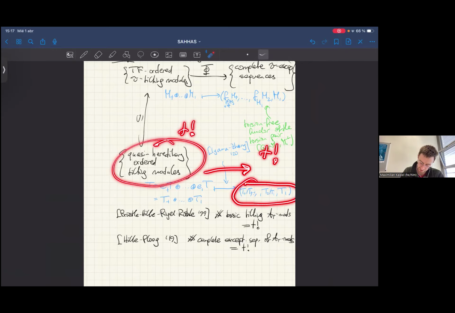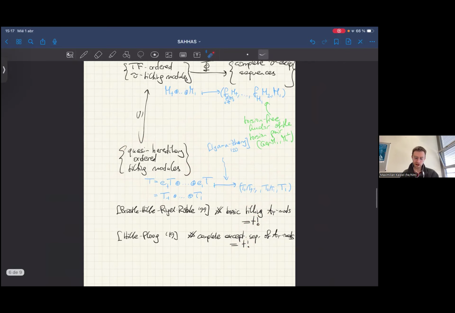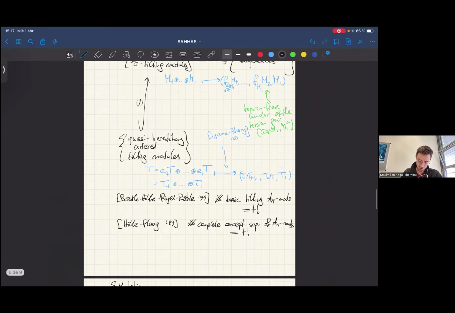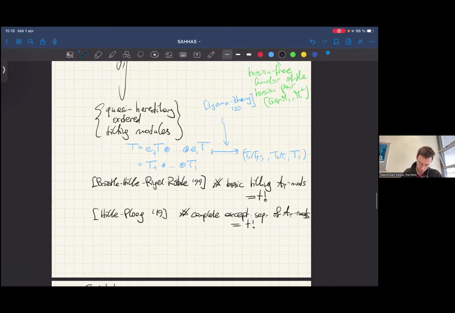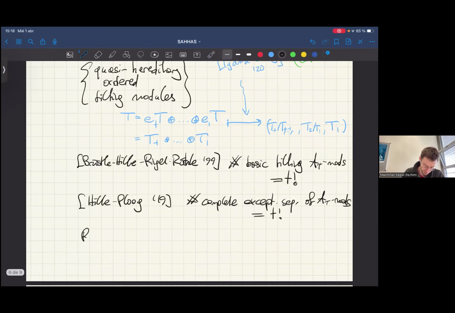So if I can show that these are all now exceptional, I will have obtained that every exceptional module is of this form because of this counting. Okay, so it remains to show that these are exceptional, and I will not go into too much detail here. This is just some kind of diagram chase, basically. So it remains